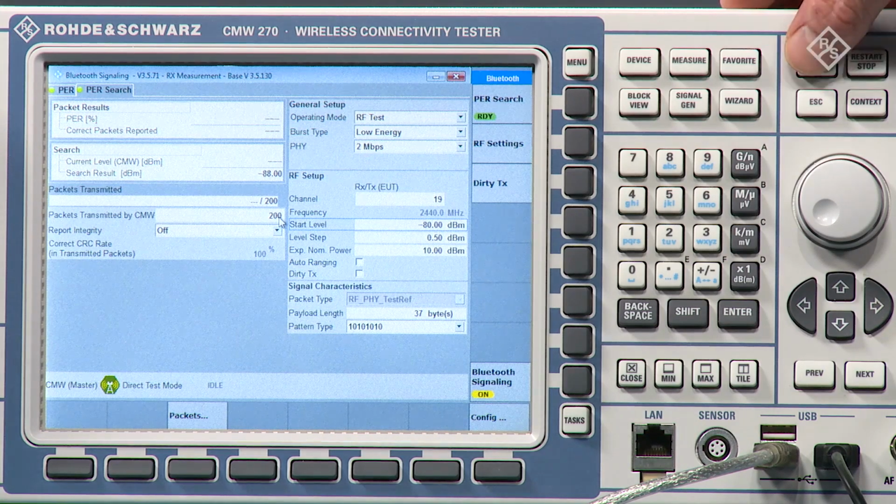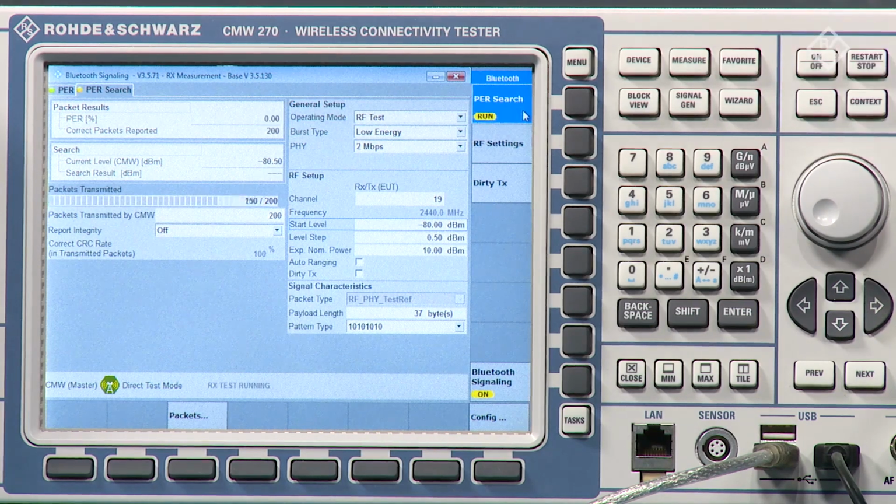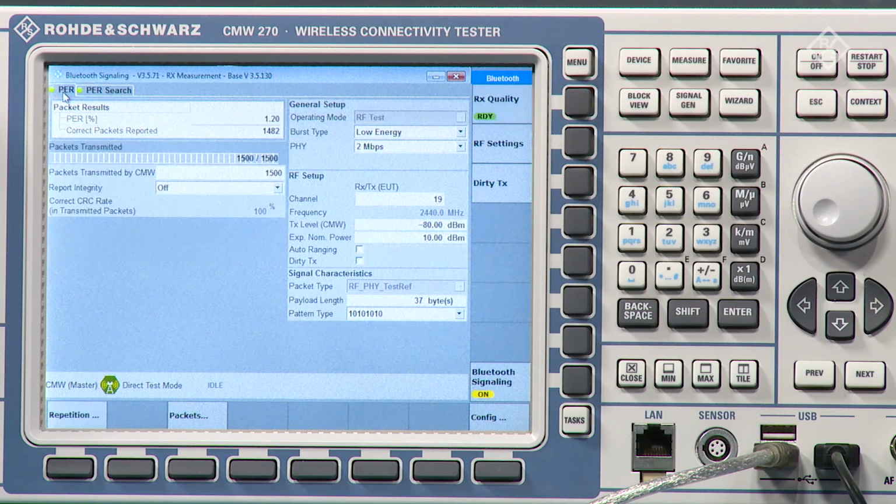If we now switch the measurement on, you can see the count happening, and you can see the level has been reduced down to, in fact, minus 88.5 dBm where it failed, and then it's told you the last known passing values. The sensitivity level of this device on channel 19 is minus 88 dBm. So if we now switch back to the PER tab,